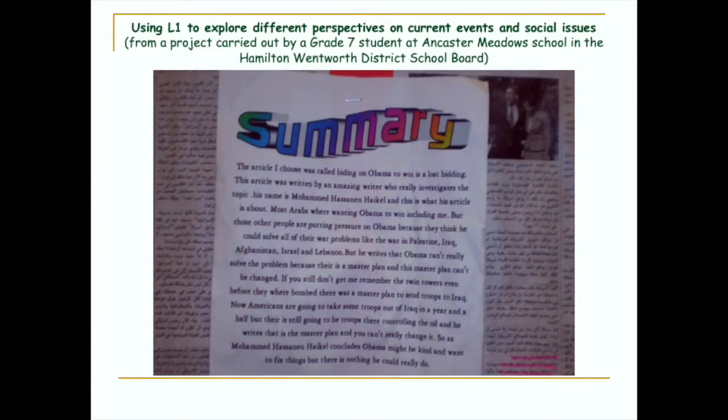Another example with a grade 7 student. This was back in 2008 when Obama was running for president for the first time. The teacher had students carry out projects where they looked at their own ethnic press, articles in newspapers or websites focusing on the American election. And this student, I think the language is Arabic, looked at newspaper articles in Arabic on the election, and there was speculation as to whether Obama would be more successful than previous American presidents in helping solve the Middle East crisis,